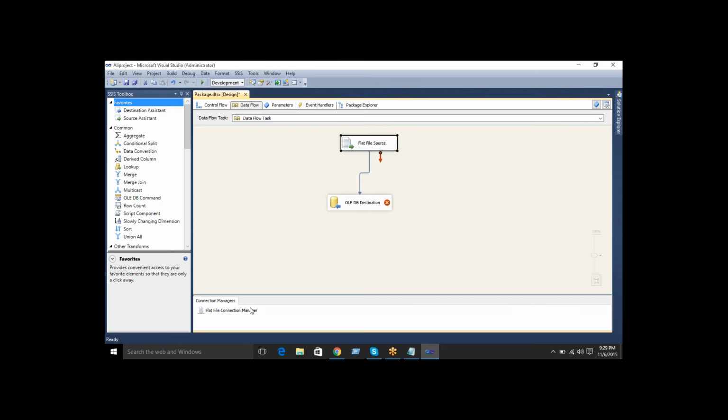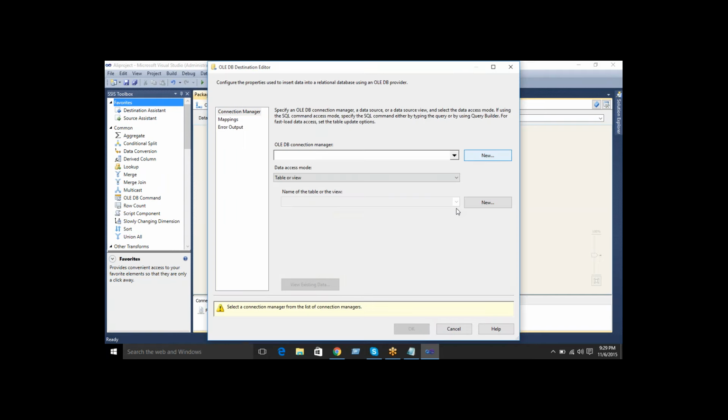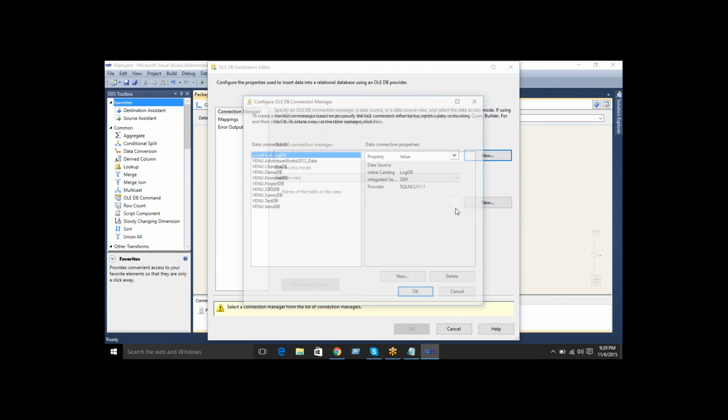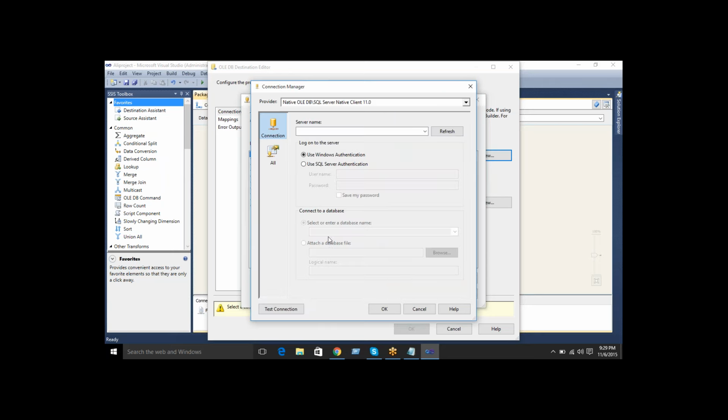Now this plot file connection manager is already created. Now I want to create a connection for the OLEDB destination. So here also, double click here. It is asking for your server name. So just click on new. Again click on new. So which server and which database do you want to store this data in? Just for example, I am using